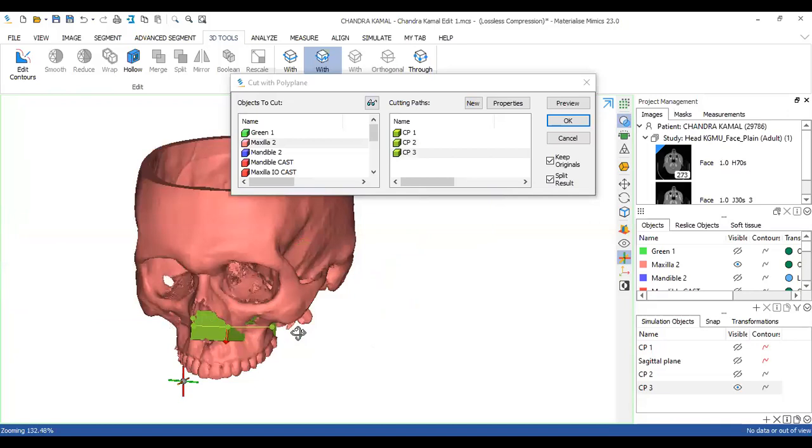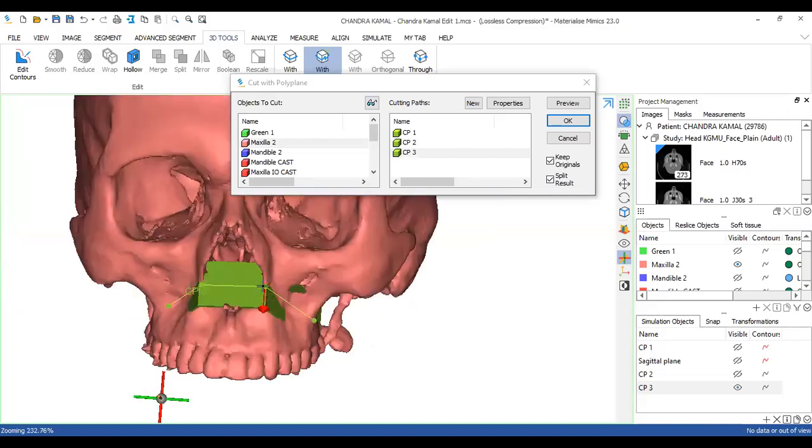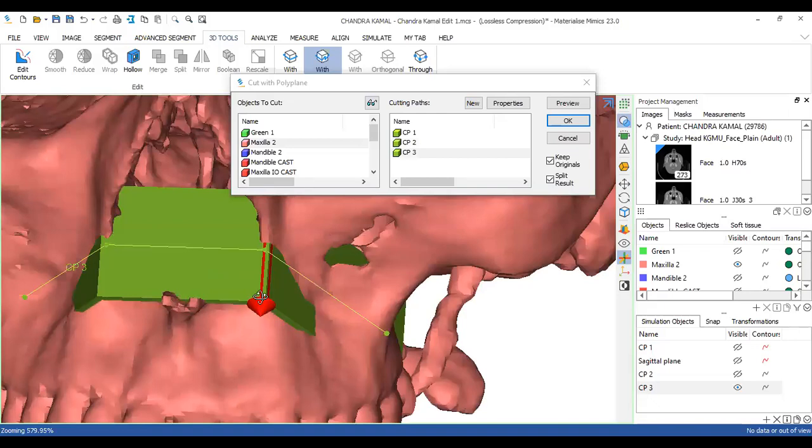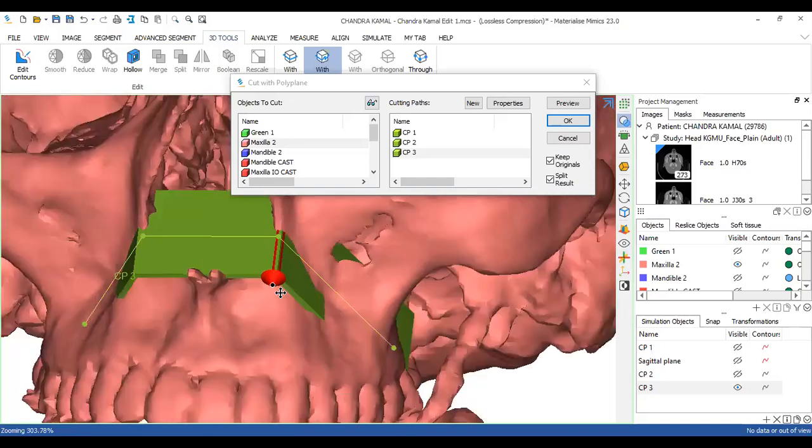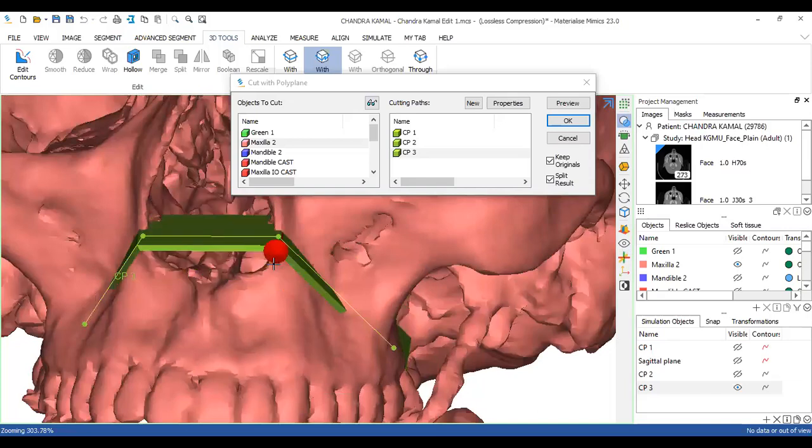Now, in case I want to adjust the angle, what I can do is this red mark, visible to you? A red conical shape? That is basically your axis from where you can rotate or make the movement. So I'm going to hover over that. You can see there's a black point being created. I'm just going to use that as my tip and rotate it. So that's how you will adjust your planes.